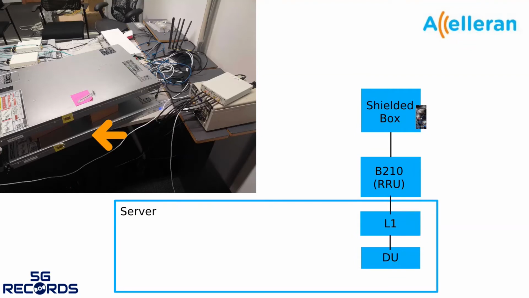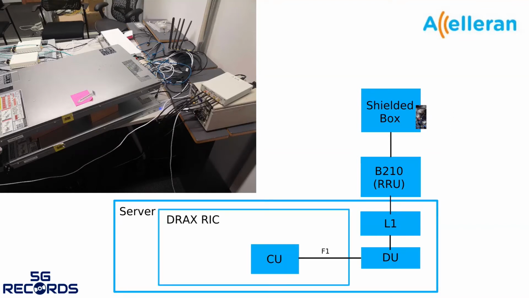The B210 was also connected via USB 3 to our main server, where the L1 and the DU software were installed and would be used with the B210. In the server, we also installed our Acceleran dRAX radio intelligent controller. We also installed Acceleran CUUP and CUCP, and we made sure that the DU would be able to connect to